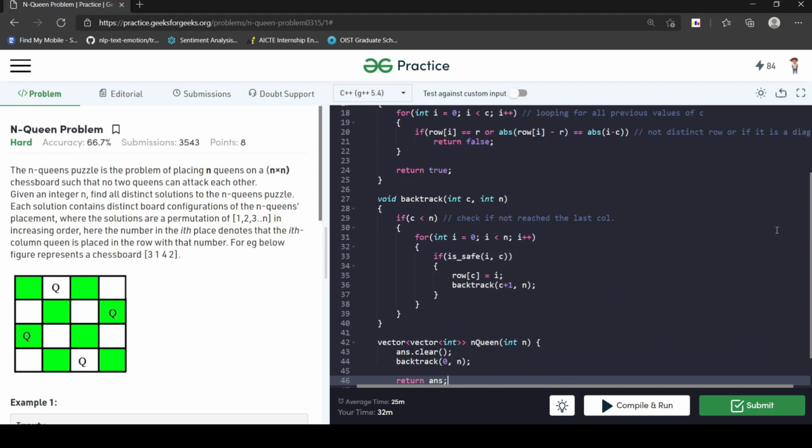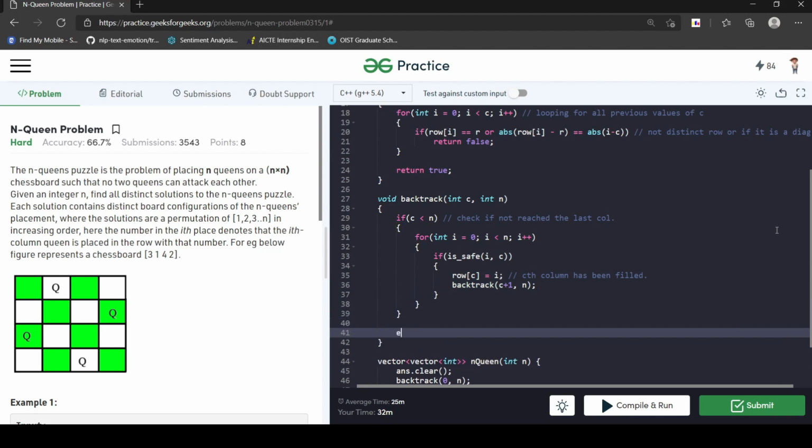Okay, so if I return true, I will put the value of row C equal to I, meaning that the Cth column has been filled. Then I will move to the next column.